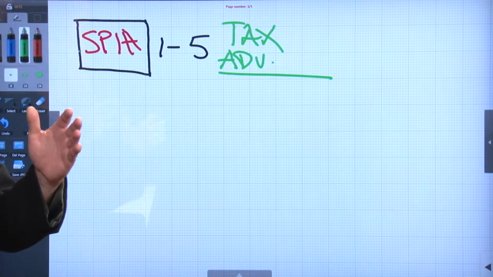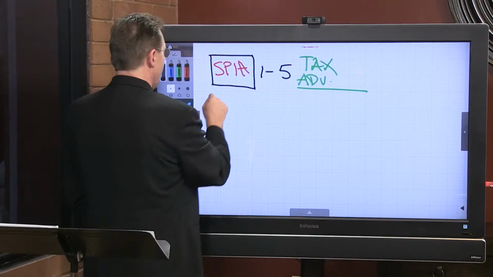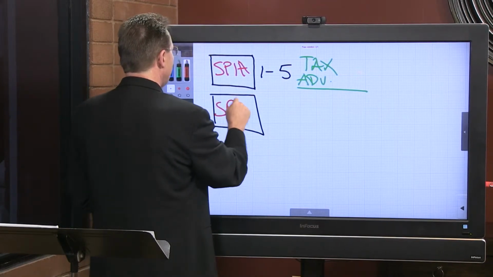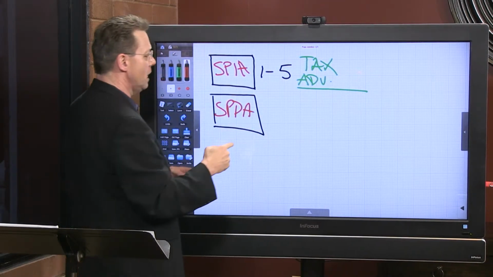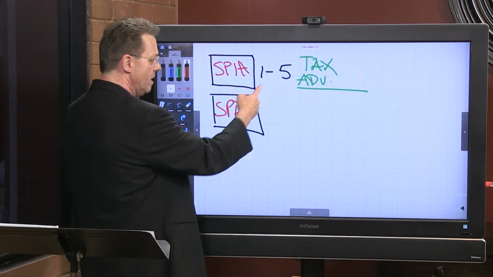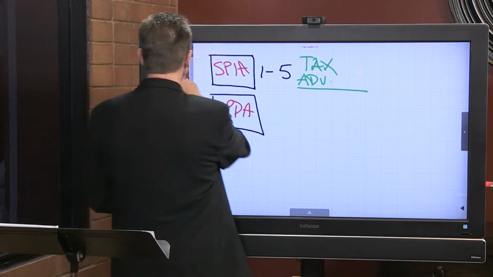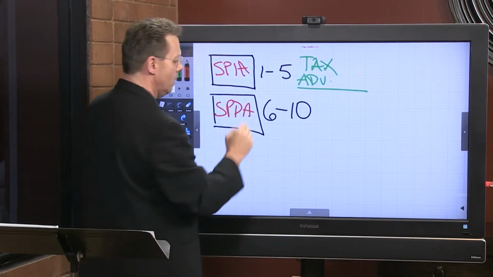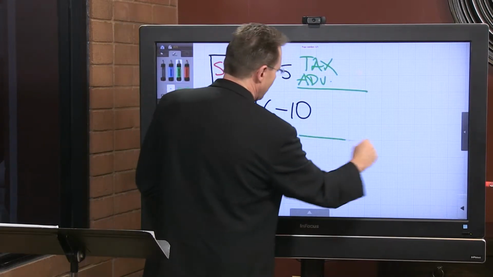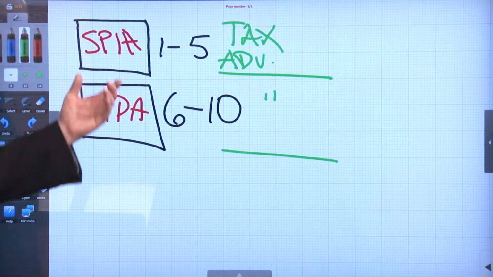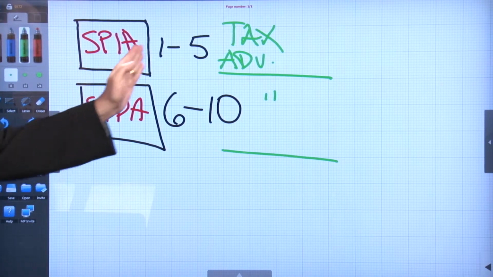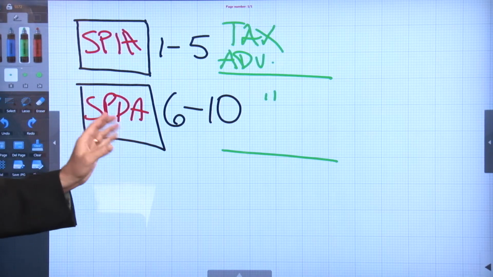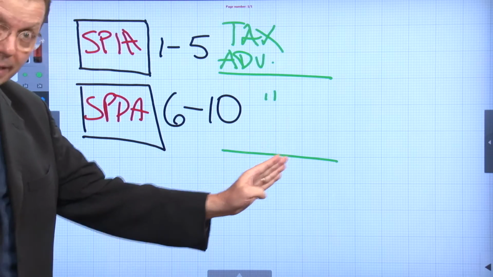Now, while I'm doing that, I also want to have a single premium deferred annuity accumulating during years 1 through 5, but I'm not going to take constructive receipt of that money till years 6 through 10. Again, there'll be some tax advantages for this. So I'm using an SPIA for the first 5 years, and an SPDA, single premium deferred annuity, from years 6 through 10 to get to that number.